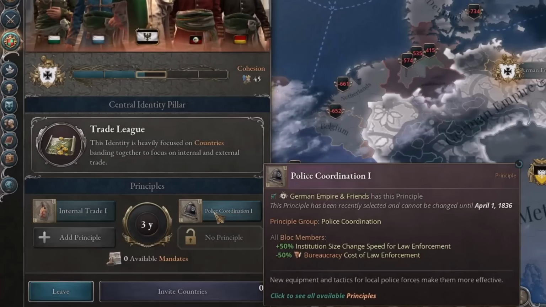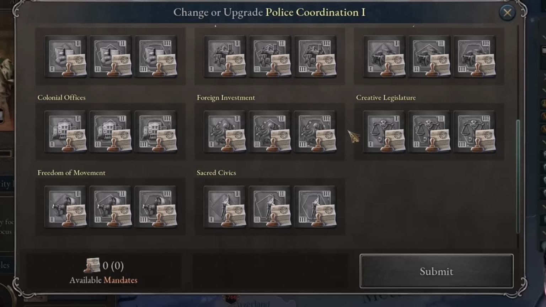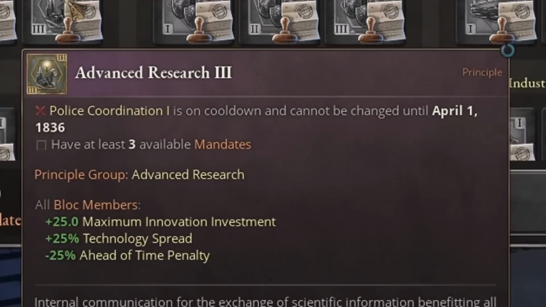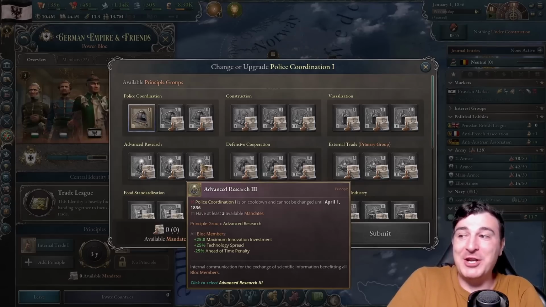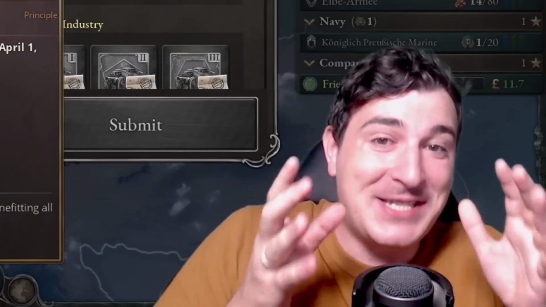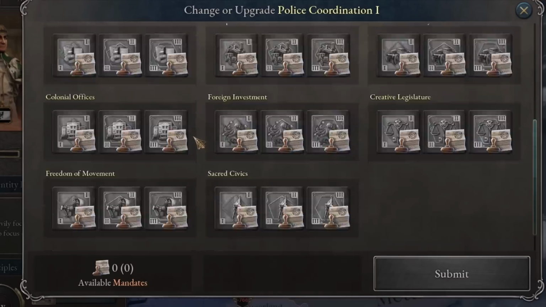Then we also have police coordination, the most powerful in my opinion as it stands in the current version. Principles are advanced research, which gives a maximum innovation investment increase by 25, as well as ahead of time penalty reduction and technology spread, so you can become an absolute insanely technologically advanced nation, and we're of course going to go for this. Before we do that though, the first one we're going to be unlocking is going to be